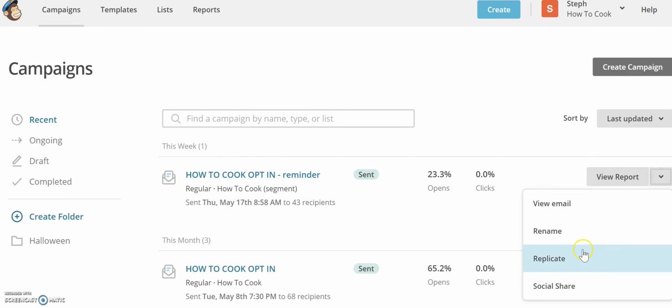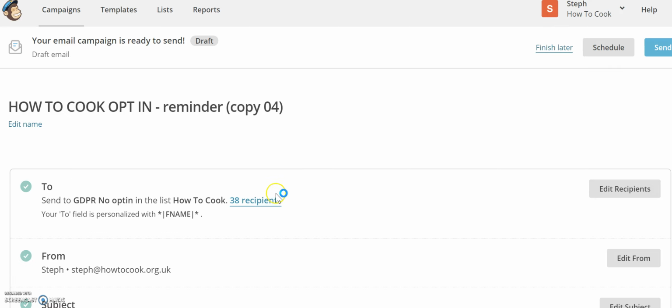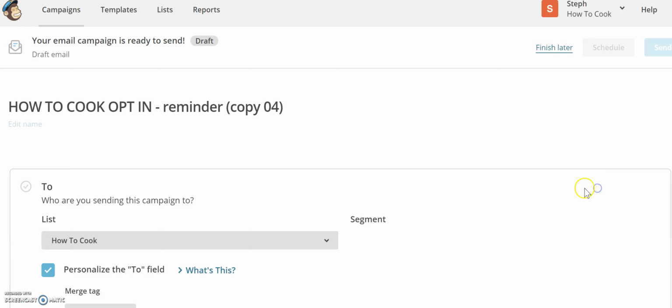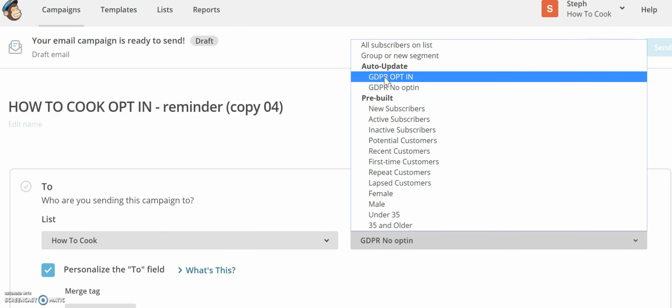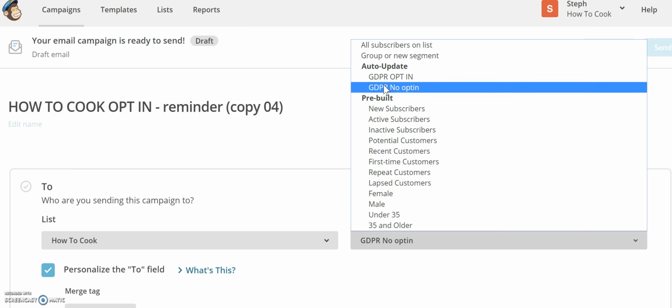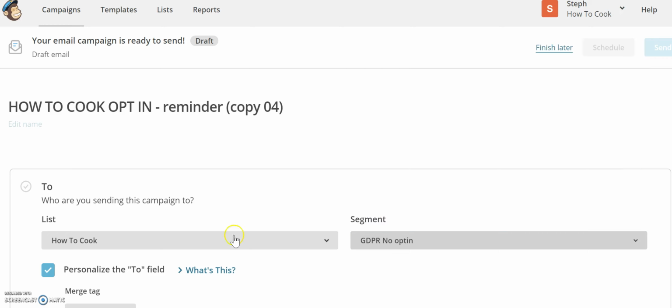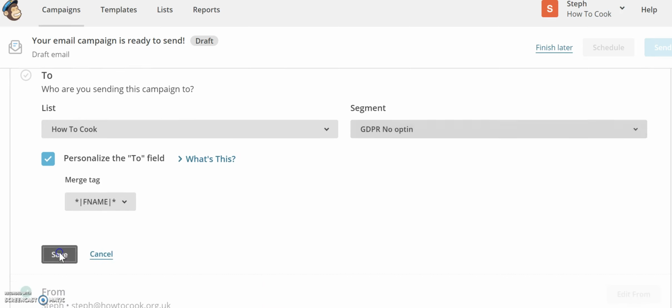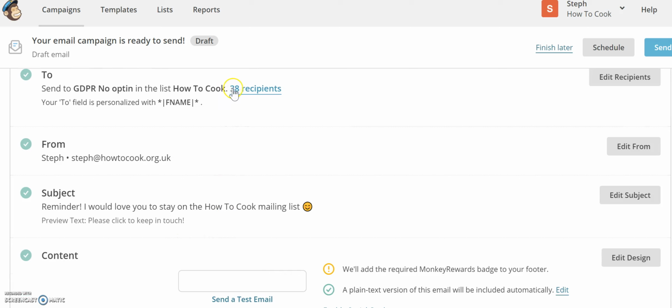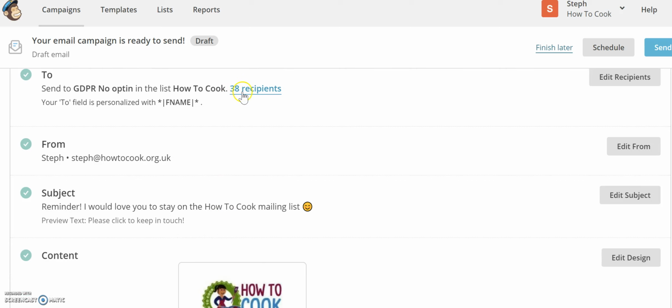So what we might want to do then is replicate that last email that we sent. And if we edit the recipients, you can see that we can choose which list and we can choose which segment we're going to send it to. So we're going to send it to the GDPR no opt-in segment. So if we update and save that, then you'll see how many recipients have not yet